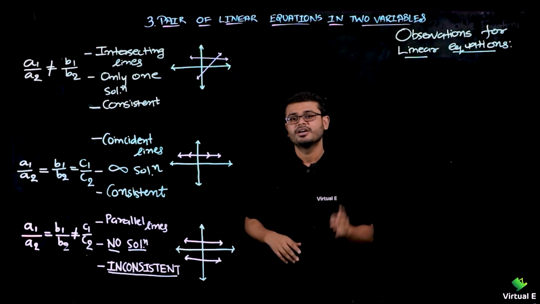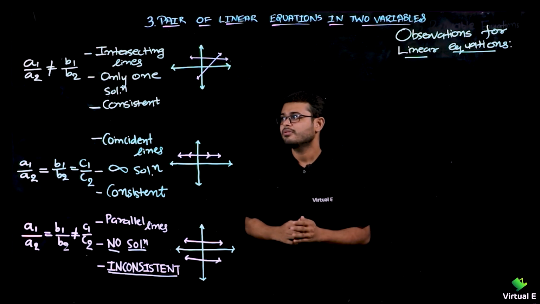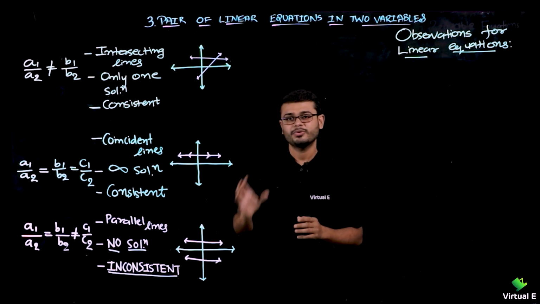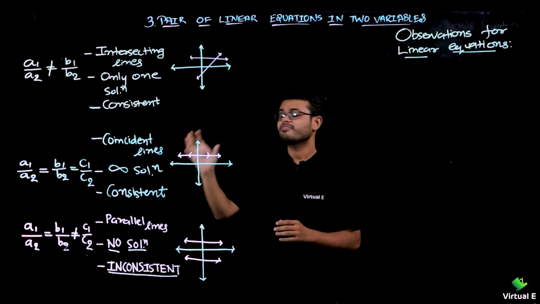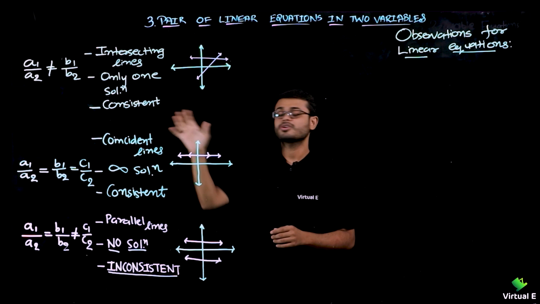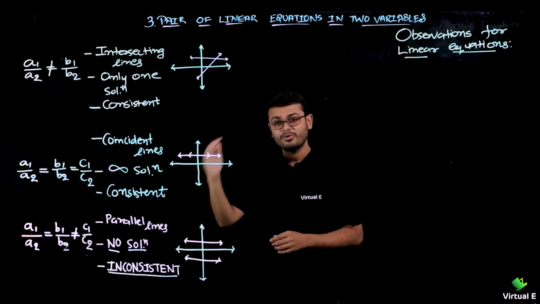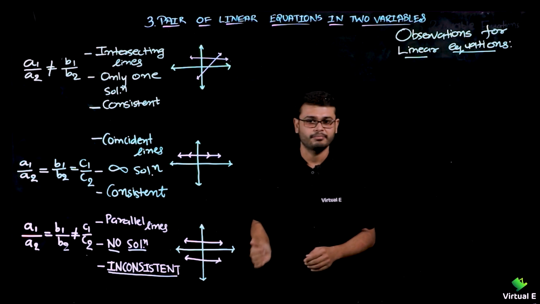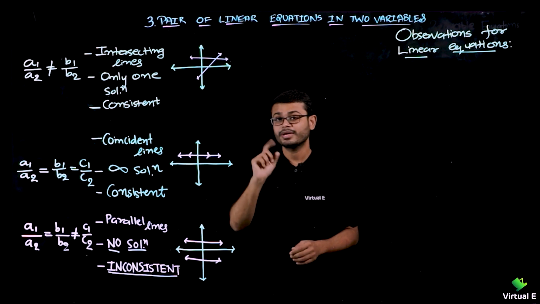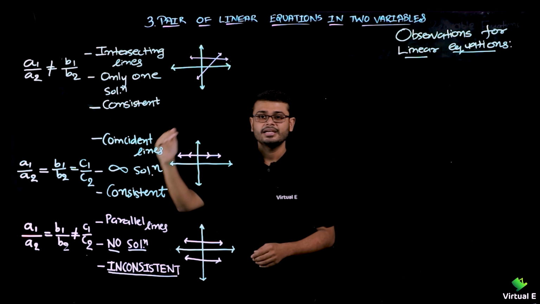So far we have discussed 4 methods of solving pair of equations. Now we are going to get the answer or nature of equations by doing few calculations. We don't want to solve it. We want to know the nature of equations. Either they are intersecting, coincident, or parallel. Remember, we don't want to get the solution, but we want to get the answer, that what category it does